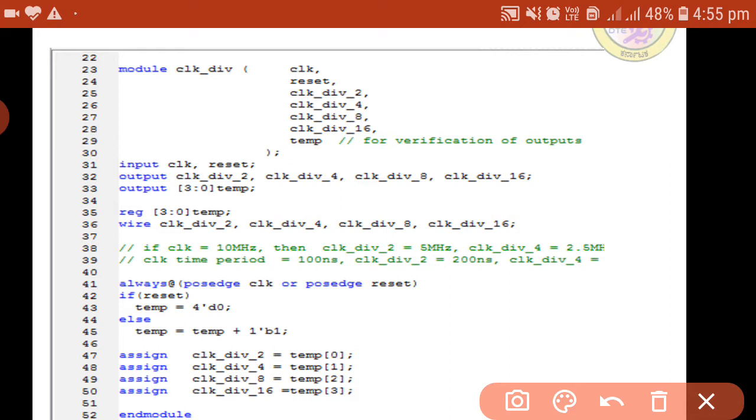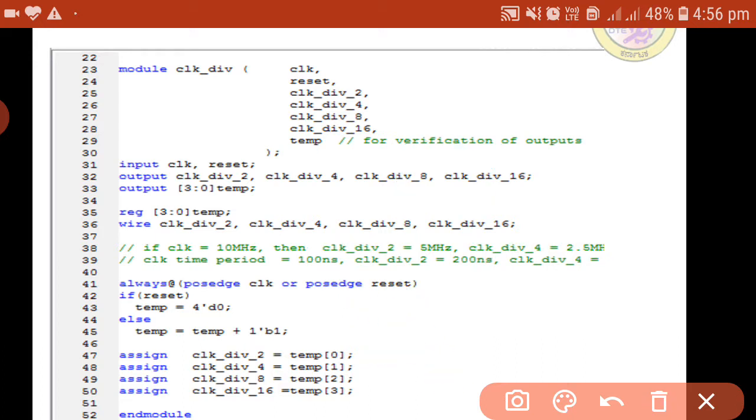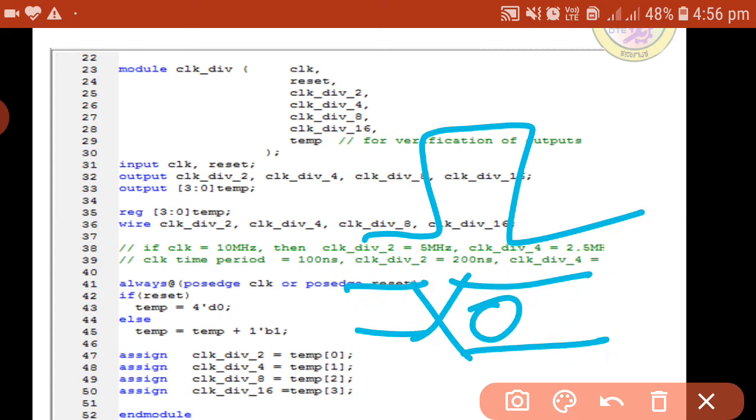How to write the code for the counter? We need to use an always block: always at posedge of clock or posedge of reset. Posedge of reset means it is active high. If the reset is high, then the output will be 0. So in between, if you want to reset the counter and you give the reset like this, at that time the counter output will be